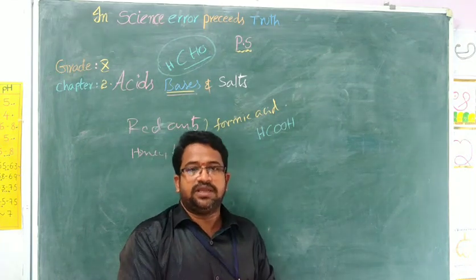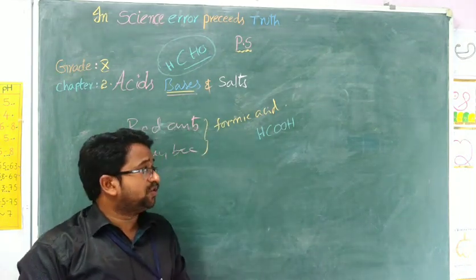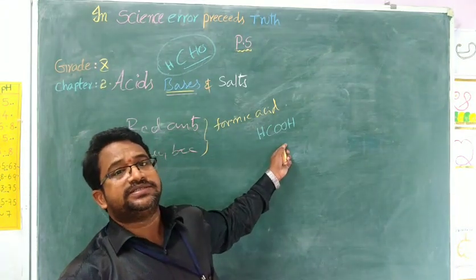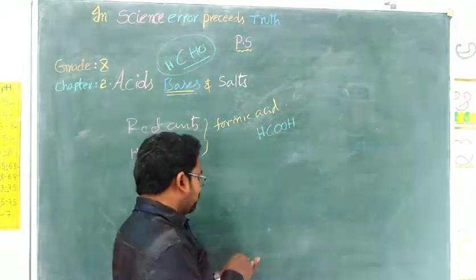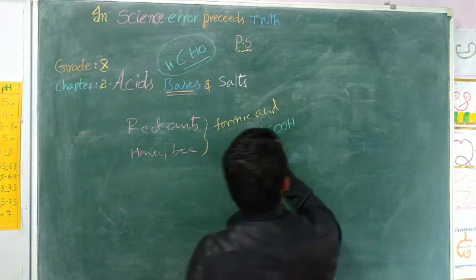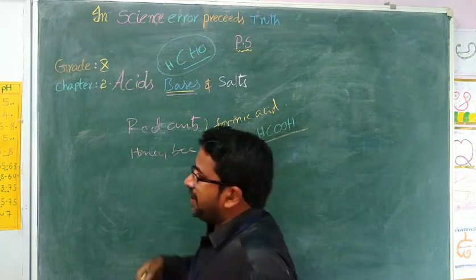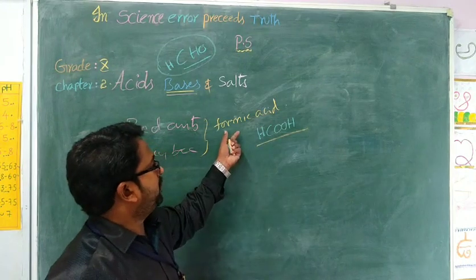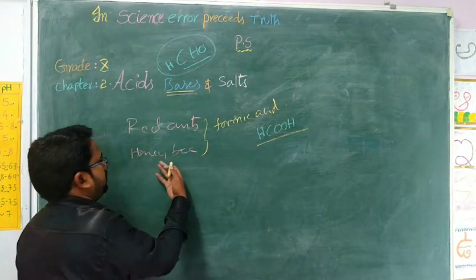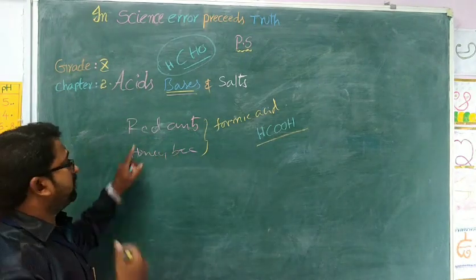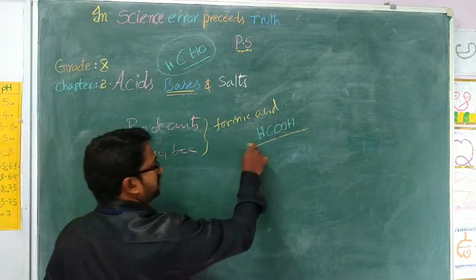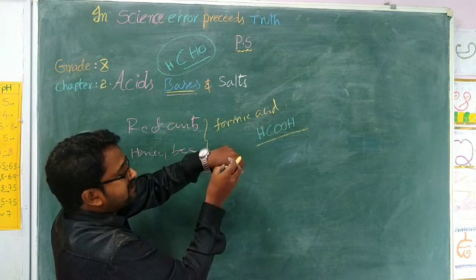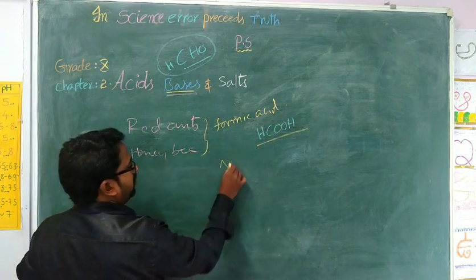To neutralize this acid, what do we need? A base. To get relief from the pain caused by the honeybee bite or red ant bite, on the place where the formic acid has been injected, we have to apply